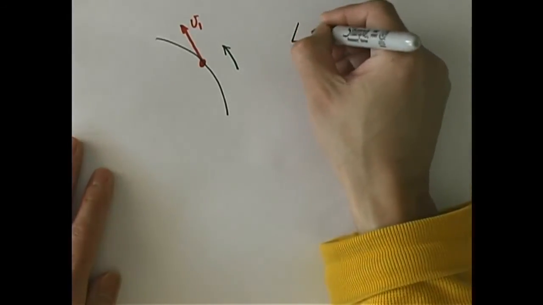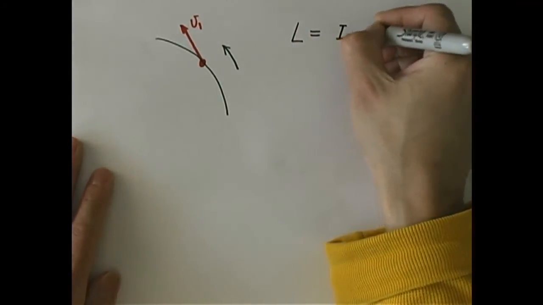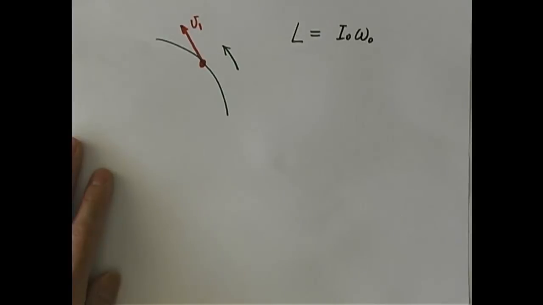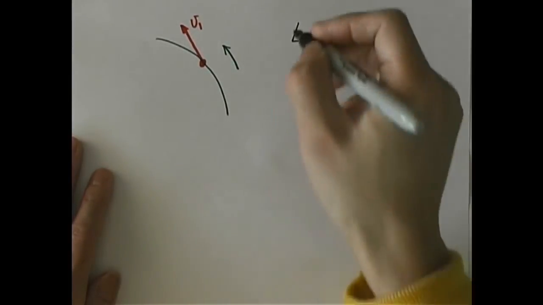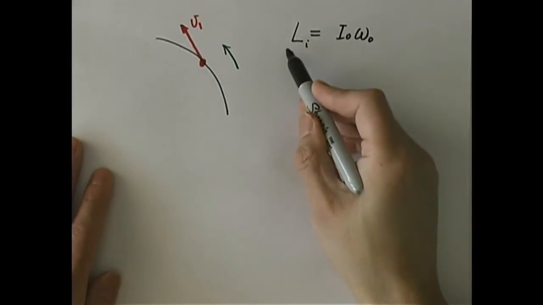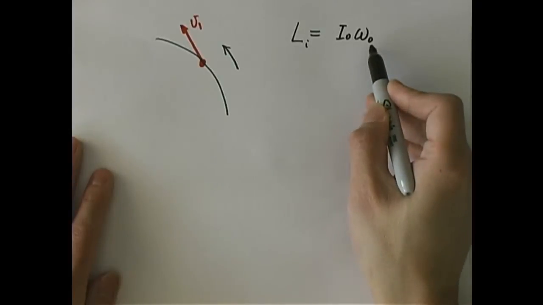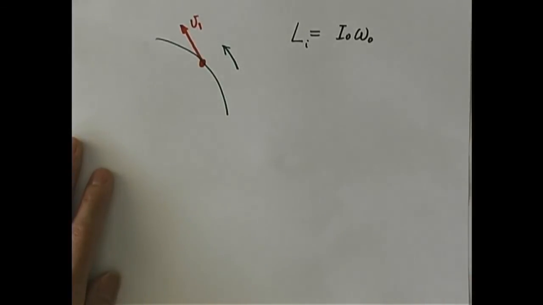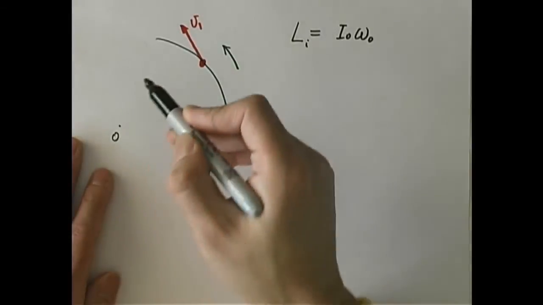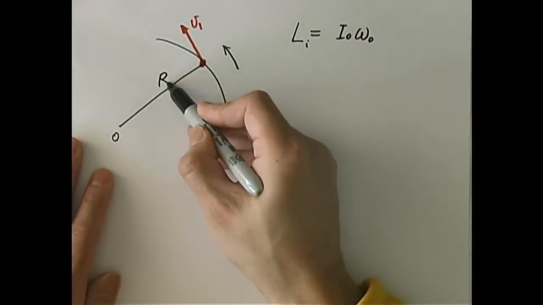So L is still equal to I0 omega 0. Okay, now that is the initial value. The final value, you add them together, you still get this I0 omega 0. But how is the final value calculated? Well, this is the center, right? This is R. For the child,